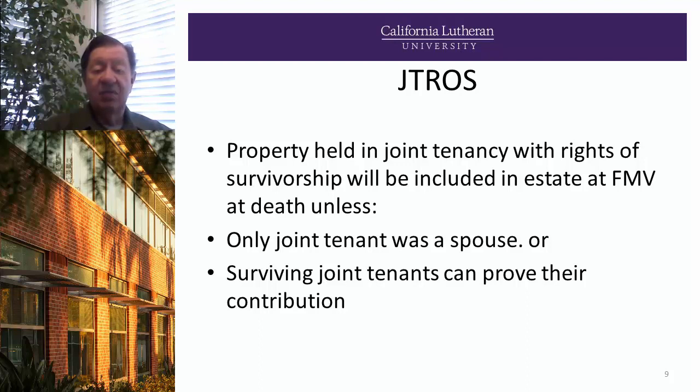So if my spouse is the only survivor in the joint tenancy and we have the joint tenancy between just the two of us, then only half goes into my estate because the other half was the spouse's, unless the surviving joint tenant can prove their contribution. And that is very difficult to do. People, for some reason, just don't keep the kind of records they should, and therefore it's hard to prove this. This is where you start seeing forensic accountants digging through all sorts of paperwork. I don't even understand half of what they do, trying to find proof that some payment was made by somebody else.